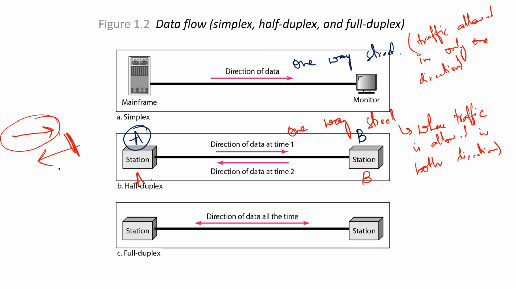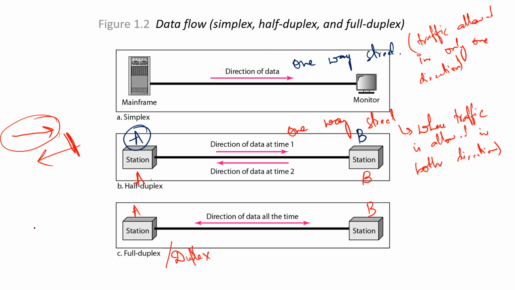So half duplex mode is used in cases where there is no need for communication in both directions at the same time, and the entire capacity of the channel can be utilized for each direction. Okay, now finally we are seeing full duplex mode. You might have understood what full duplex mode is by now. Full duplex mode is also known by the term simply duplex. That is, both the stations can transmit and receive data simultaneously. If station A is transmitting, station B can also transmit, and station A and B can receive data and transmit data at the same time.